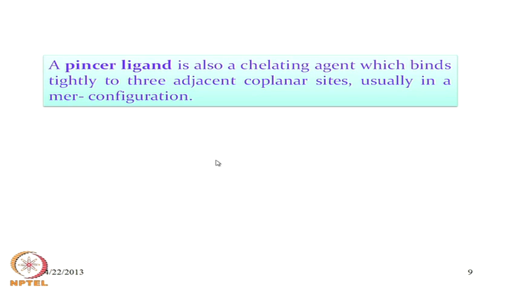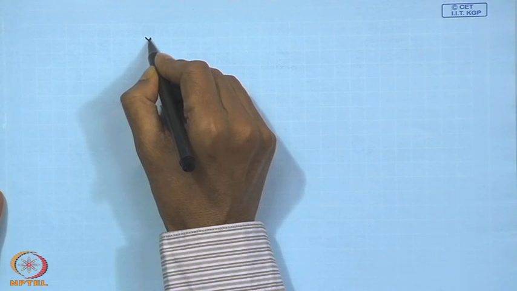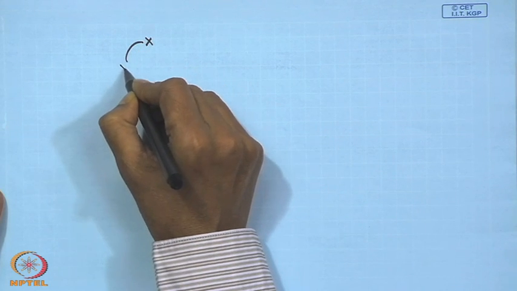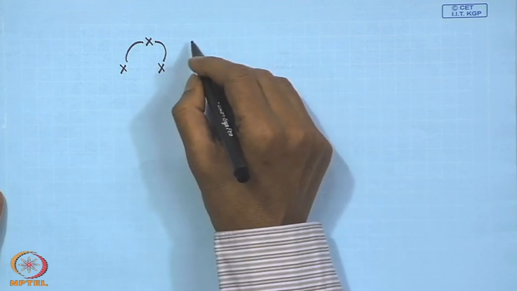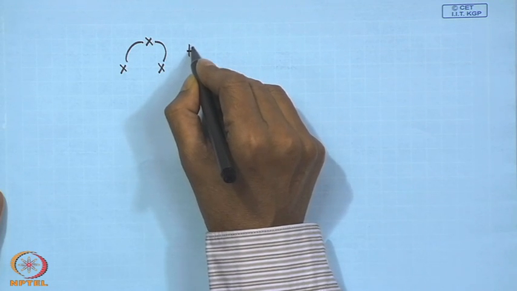So, another type of ligand is also well known, another class of chelating ligand, which is the Pincer ligand, which binds tightly to three adjacent coplanar sites. So, if we have three adjacent coplanar sites like that of our terpyridine type of ligand, if we have one donor point and another donor point and the third donor point, so three such